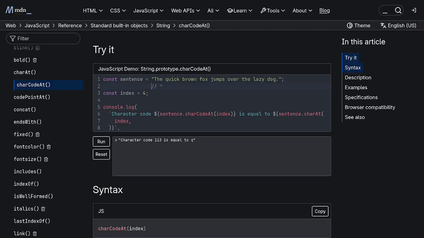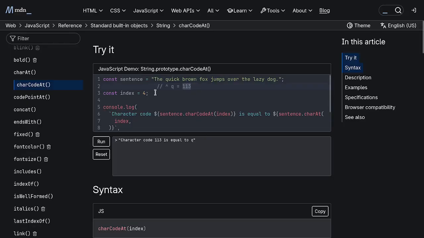For the index number 2 we are pointing to the lowercase e, and for the index 3 we are pointing to the space, and for the index 4 we are pointing to the lowercase q. And sentence.charCodeAt, the method charCodeAt with the index, takes the index right here, and it is pointing to the q. q is equal to character code of